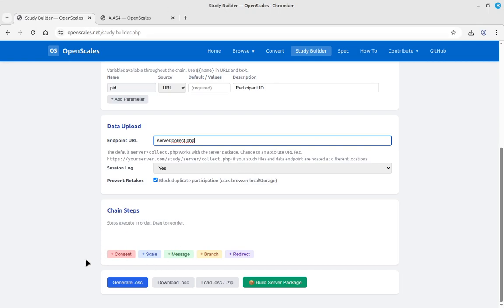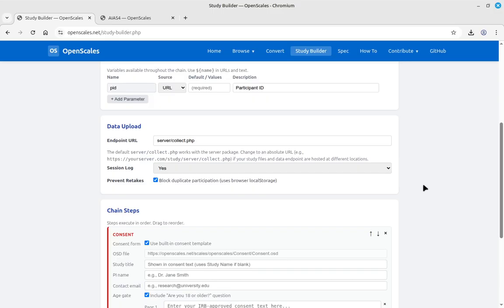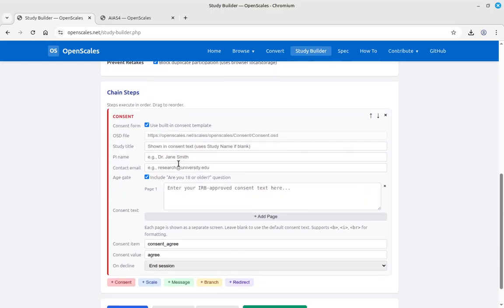Now, in an online study, you're going to usually have a consent form and what this does is will automatically create an OSD file with this consent, just a couple instruction pages, and then a yes or no, do you agree to do this? And if they say no, then the runner will stop there. So we'll do an AI study,